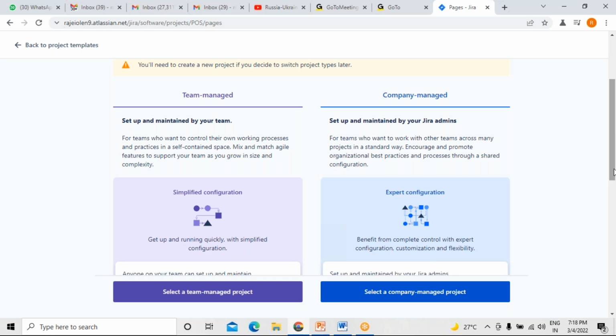Whereas company managed means there will be multiple teams. For example, one team is at one location, maybe another team is at another location. So multiple teams are working on the same project, and the project size is big. We have a lot of sprints, a lot of user stories, and a lot of configuration is required because we have to connect to the DevOps environment and to other tools, for example for releases.